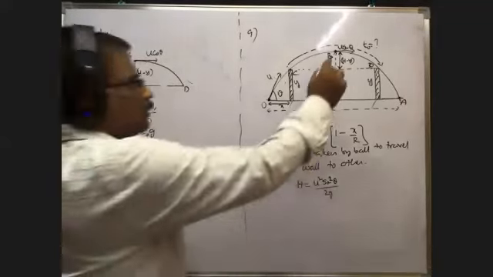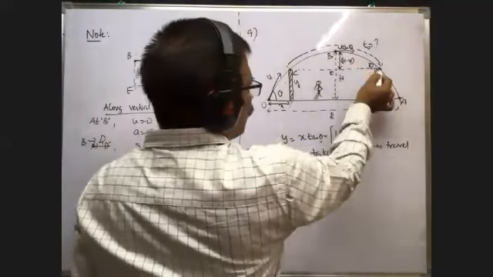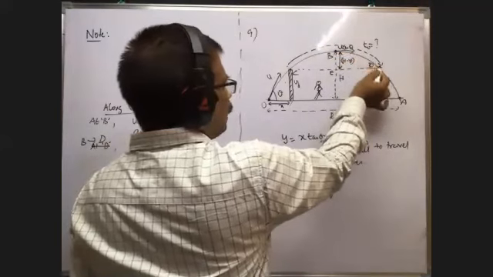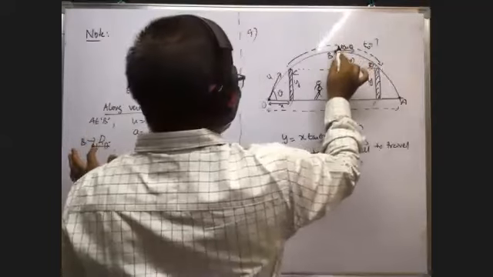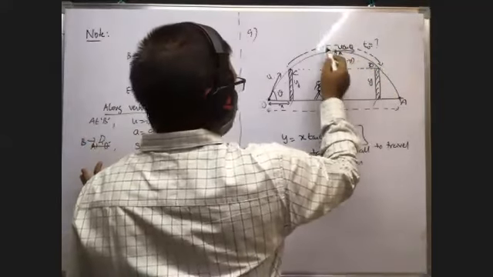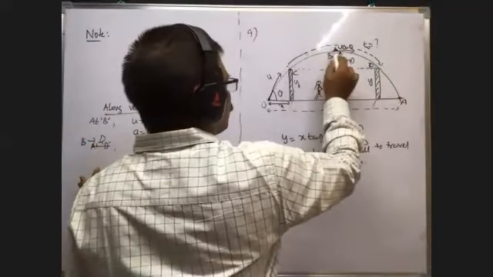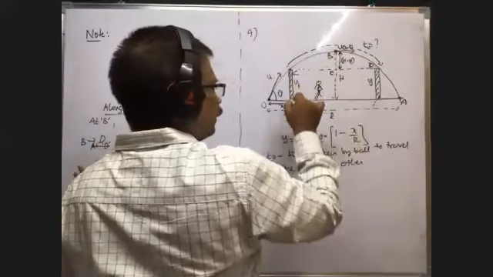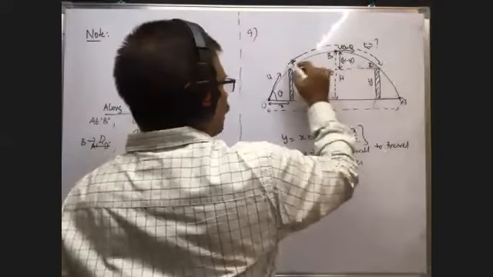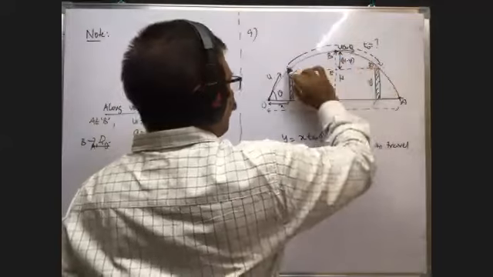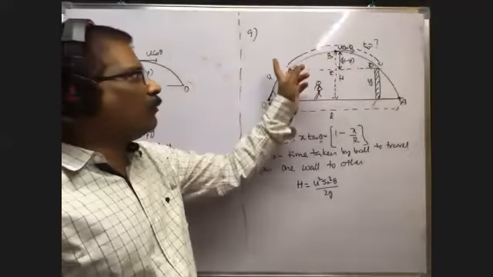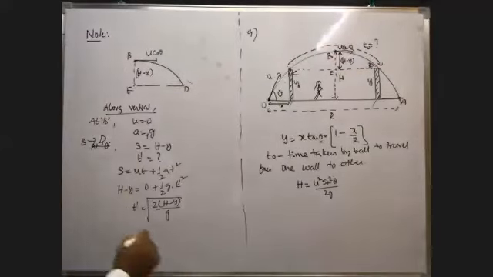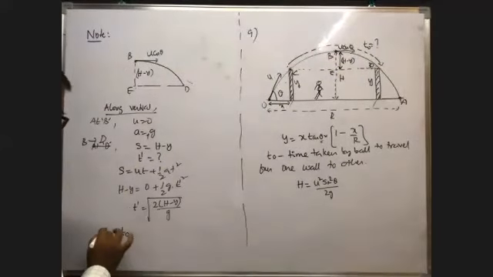That means from this point to this point, or from this point to this point, the time taken is also the same. Similarly, if t dash is the time taken by the body to travel from this point to this point, the time taken by the same body to travel from this point to this point is also the same, because this height is also the same as this one. That's why this time and this time both are the same. Now, the total time taken by the ball to travel from one wall to another wall, t naught, is how much?